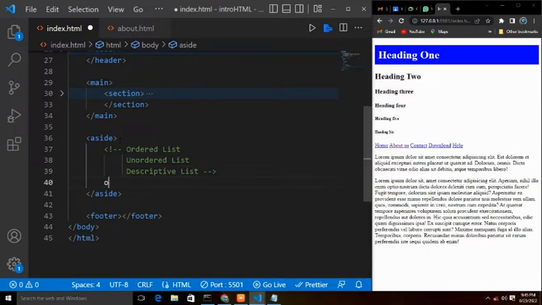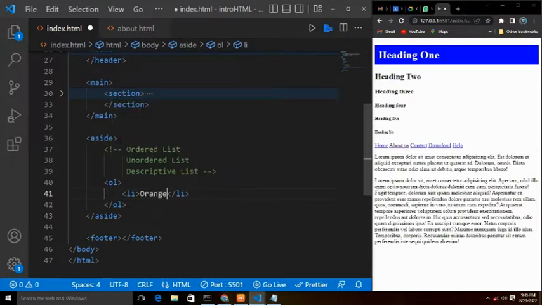The ordered list is denoted by OL, that's OL. O stands for order, L stands for list. So inside OL, I just say list item, LI, and then I can list some things here. Let's say I want to list some fruits. I say orange here,